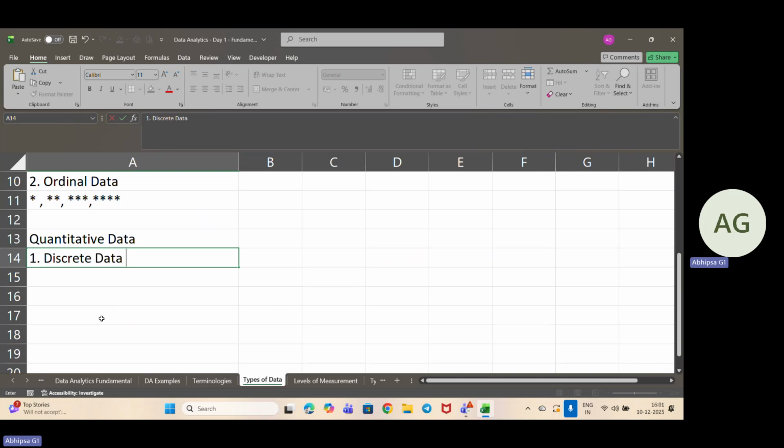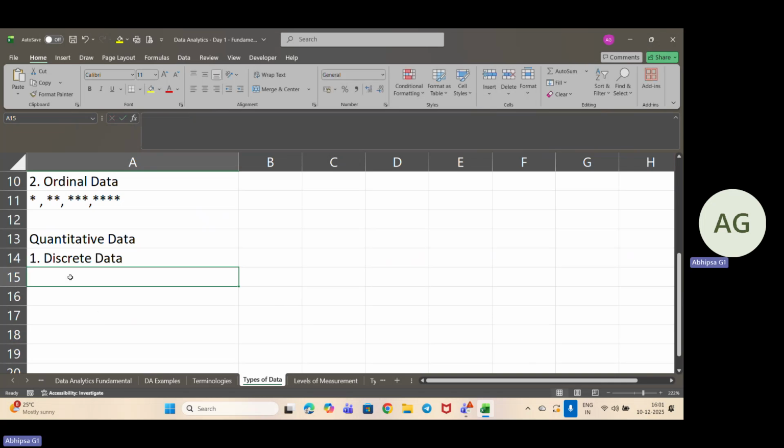So discrete data are the numbers that we can count. They are whole numbers, not the fractions or the decimals. Suppose we are counting, can you count the number of cows in the field? Anyone would say around 12 cows, but you can't say there are 12.5 cows, right? That is not possible. There can be 12 cows only. So discrete is the countable items. Whatever countable items or values we get come under discrete.